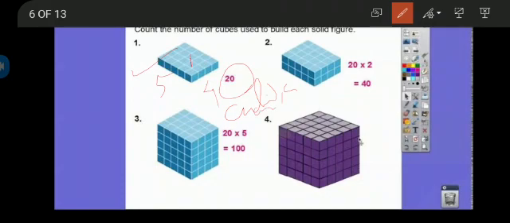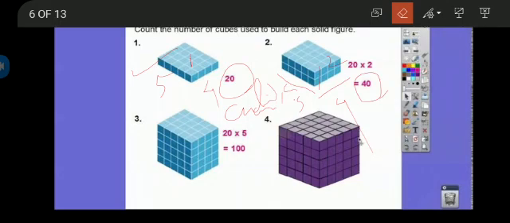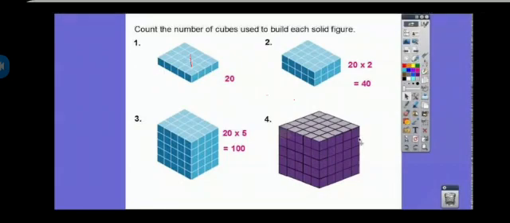Another one is number 2. Here you can see lengthwise 5 cubes are present, breadthwise 4 cubes are present, heightwise 2 cubes are present. So 5 4s are 20 into 2 is 40 cubic units. Okay, 40 cubic units. We can erase it now. Now third